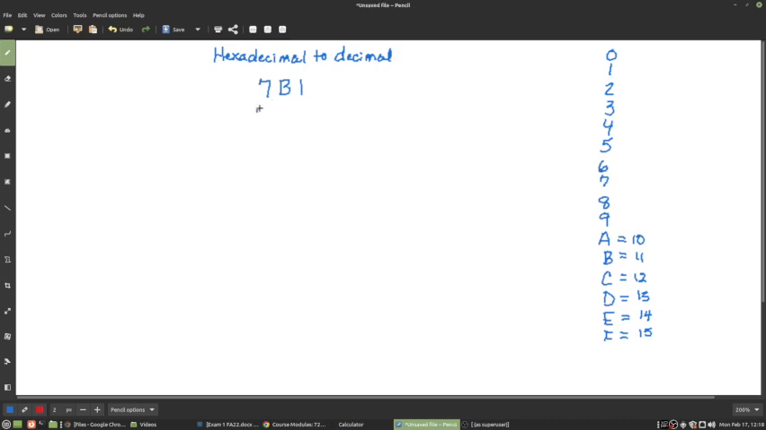So I'm going to end up with 7. B is 11. And 1, of course, is 1. Okay. And I need to add weights to these. We know that for our ones, for this first column here, it is 1 times 16, because we have 16 digits, to the 0 power, right? We're going to add that to our second row, which is 11 times 16 to the first power. And to that, we're also going to add 7